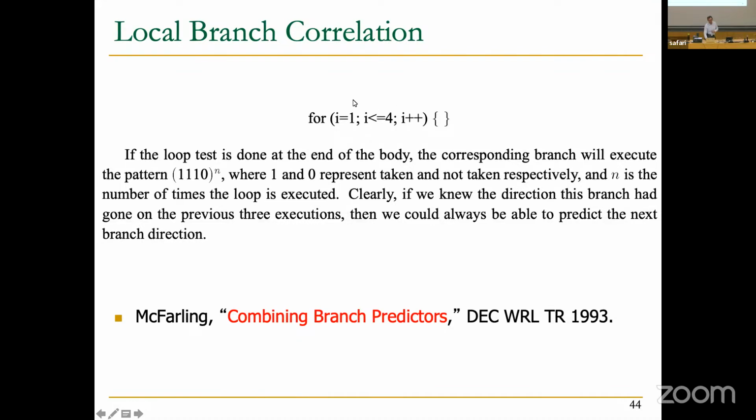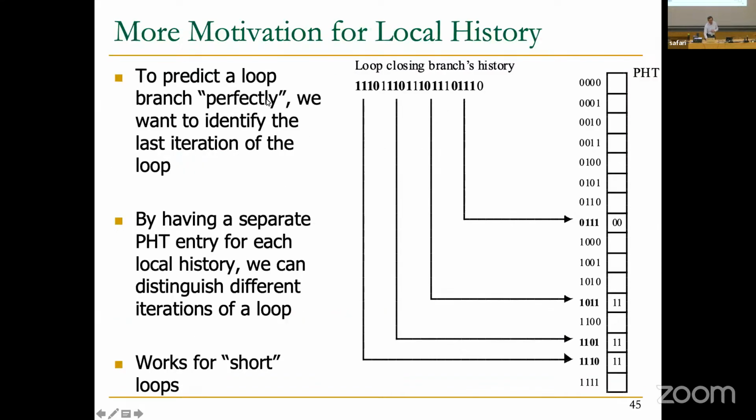If you look at the simple loop, if the loop test is done at the end of the body, the corresponding branch will execute the pattern taken, taken, taken, not taken to the n, where 1 and 0 represent taken and not taken respectively, and n is the number of times the loop is executed. Clearly, if we knew the direction this branch had gone on the previous 3 executions, then we could always be able to predict the next branch direction. Why? Because